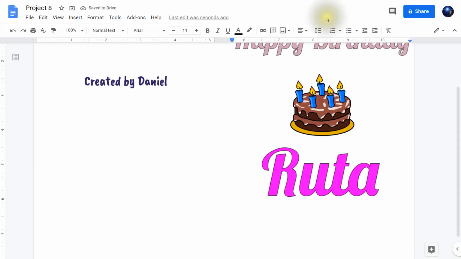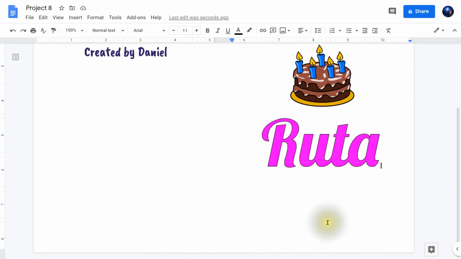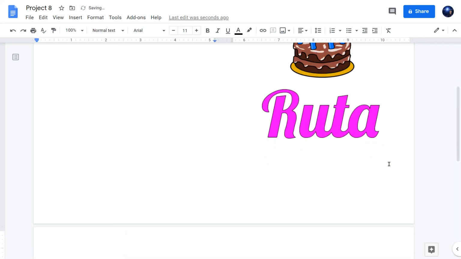There you go. Now this is the front page of your card, and this is the back page of the card. Now the second sheet will actually be making the inside of the card. Step number 45. Hit the Enter key enough times to jump to the second page. You know that when you see this line and you see your insertion point is below this line, you've jumped to the second page.